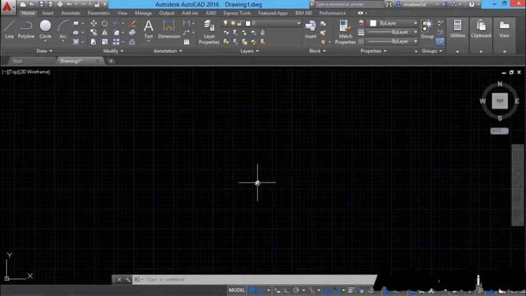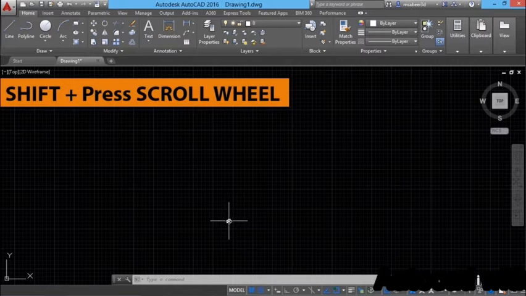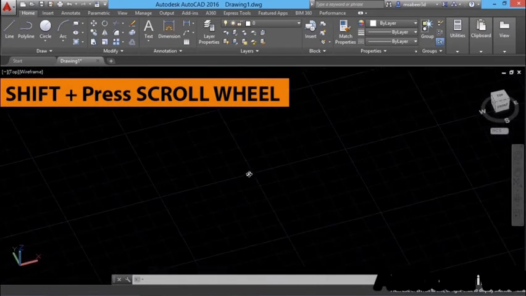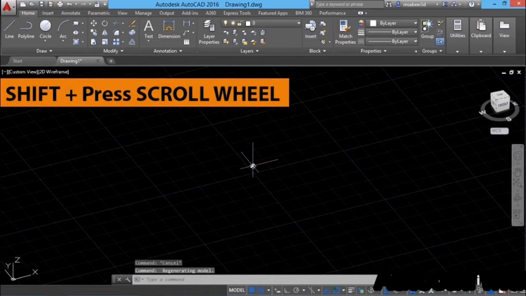Next, I'll talk about the limits command. But before exploring the concept of limits, I would like to give you an overview of the coordinate setup in AutoCAD. This AutoCAD screen is assigned a Cartesian coordinate setup and the same coordinate setup which you have learned in coordinate geometry. And this particular icon indicates the directions of x-axis and y-axis. But there is also a z-axis which is coming towards us. If you want to see the direction of the z-axis, you can just hold on the shift key and press the scroll button of the mouse. You can tilt the coordinate setup and you can see the z-axis. Okay, I'll just give undo to cancel this operation.